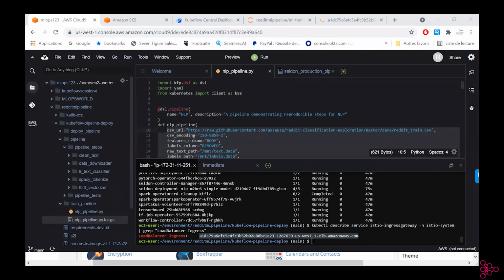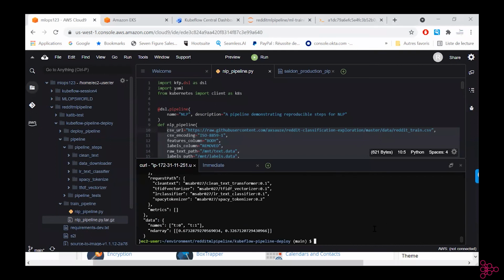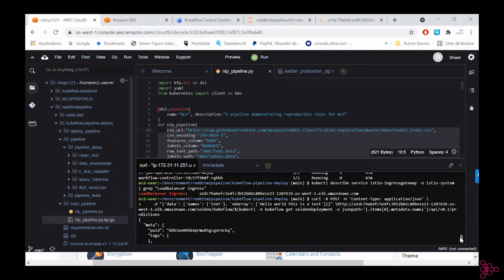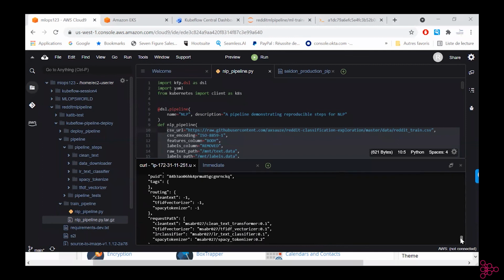So I already sent a text here, so I'll just copy this and paste it, see if it's working. Okay, so we have a response here from our deployed microservice based on our retraining pipeline. Here we have metadata. This is a randomly generated UID, which can actually be stored as well to identify every run, every call.